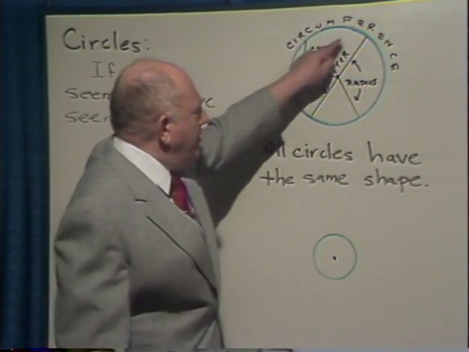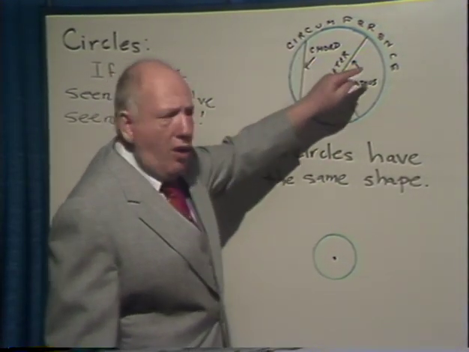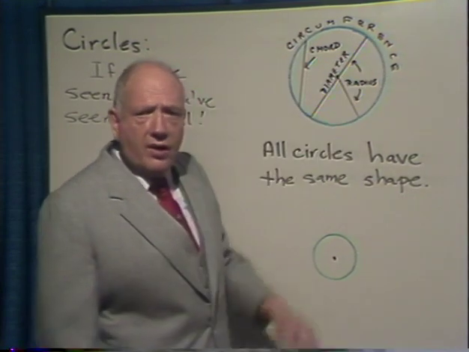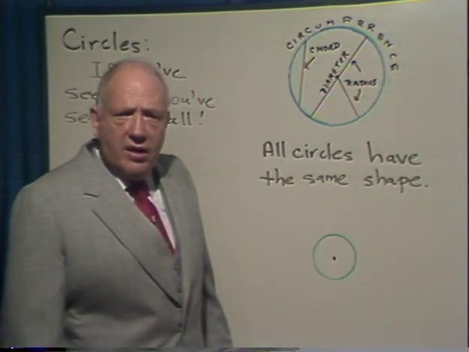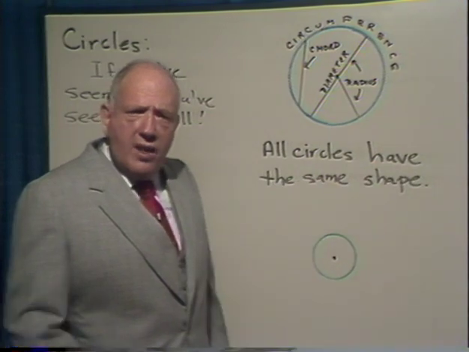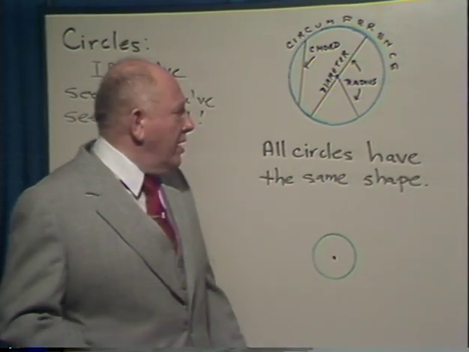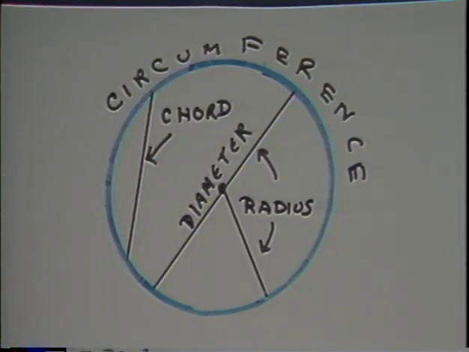In other words, imagine this to be a wheel. As the wheel rolls, notice that the diameter will take on a different direction. See, no matter how a wheel turns, whenever it stops turning, it still looks like the same wheel. And half of the diameter, that means